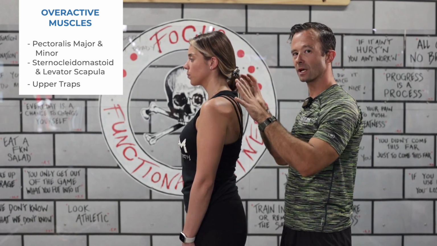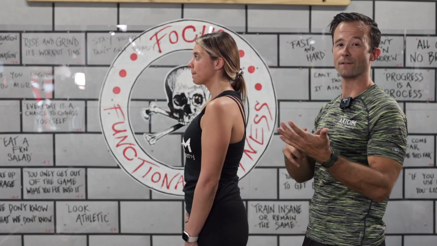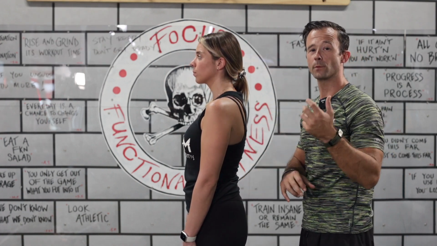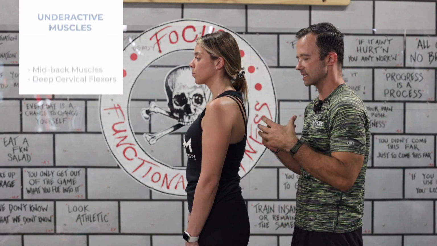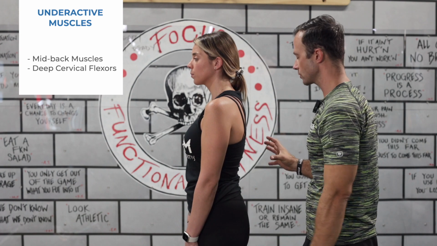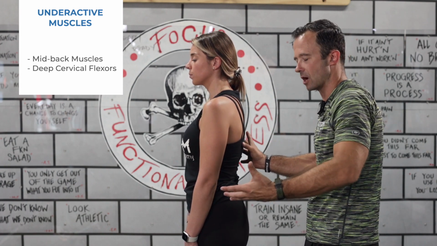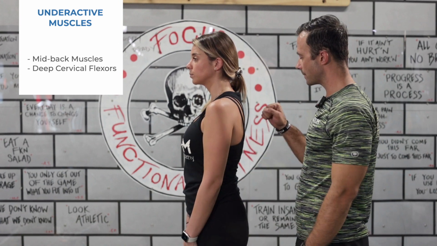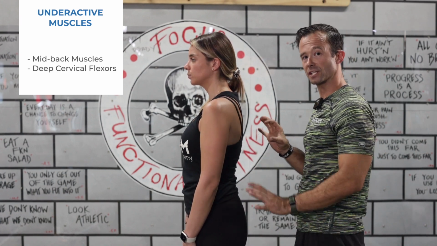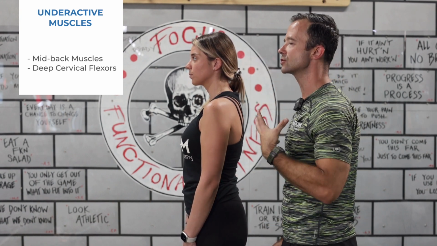So overactive muscles, what we're going to try to do is maybe we look to improve position with some myofascial release or some foam rolling, and then we try to move on to strengthening the underactive muscles. And with upper cross syndrome, the most likely underactive muscles are going to be these lower and middle traps, right? These things are going to help pull us back into position and keep those shoulder blades down. On top of these mid-back muscles being potentially underactive, we also sometimes run into underactivity in the deep cervical flexors